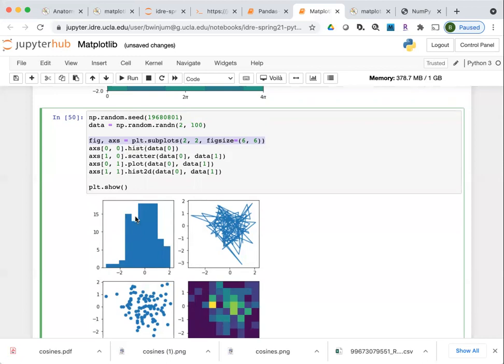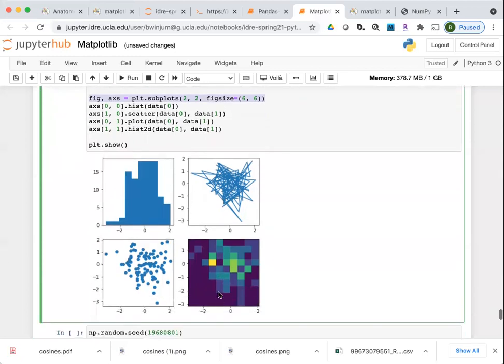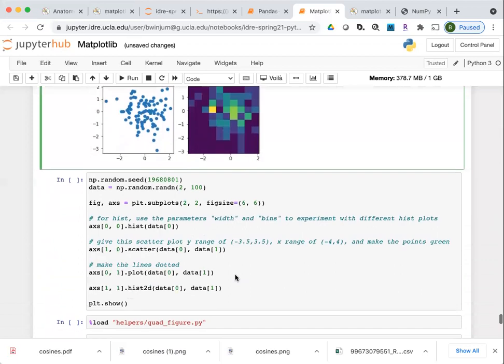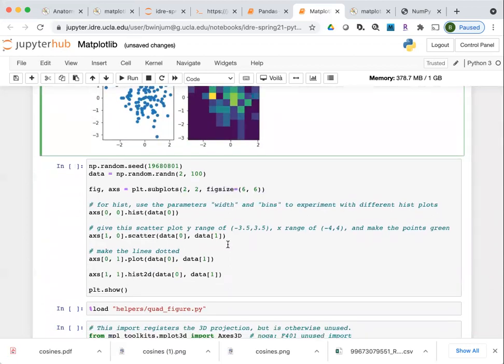And then this generates a histogram. This generates a scatter plot. This generates just the default line plot, which connects all the different points. And this generates a 2D histogram, since you can specify both dimensions for this. And then I encourage you to come back and play around with this later.